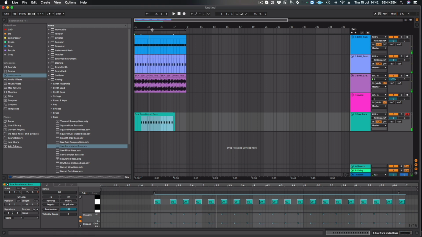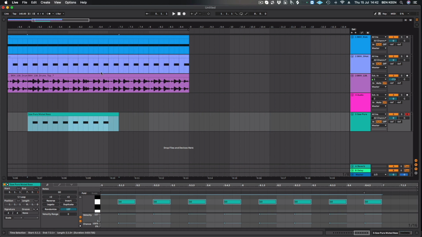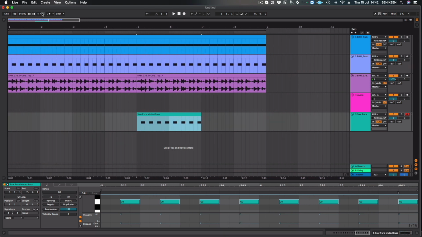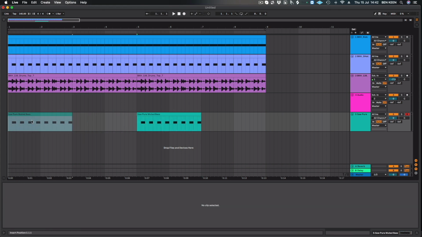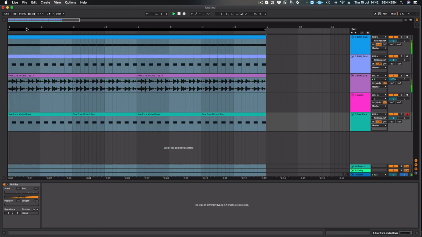Little mistake there at the beginning, but let's just find a bit that's good and we'll be able to duplicate that. There we go. So from bar 5 was good. Let me shut this so you can see a little bit easier on the screen. Let's reduce this. There we go. We've got those bars that are good. I can hold Alt and bring this back to here and bring that back to there and copy that to there. So in a matter of minutes,